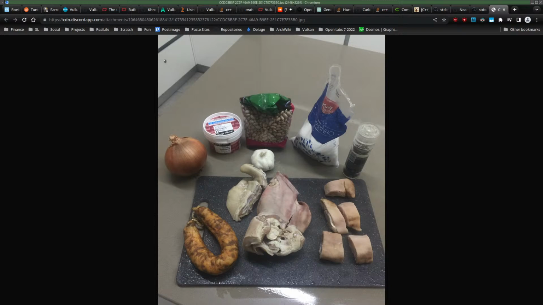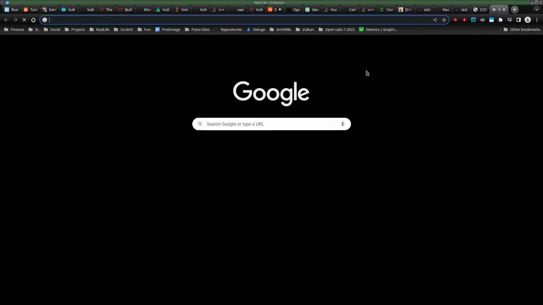And what is this? I mean, it's plastic and round, but I can't see what's in it. And what is this? It looks like sugar or something, or salt maybe. And this is also a bottle with something in it. I don't know what lard is. What is that? This is salt. What is this? Oh, this is lard. Okay, I'm going to look up what lard is.